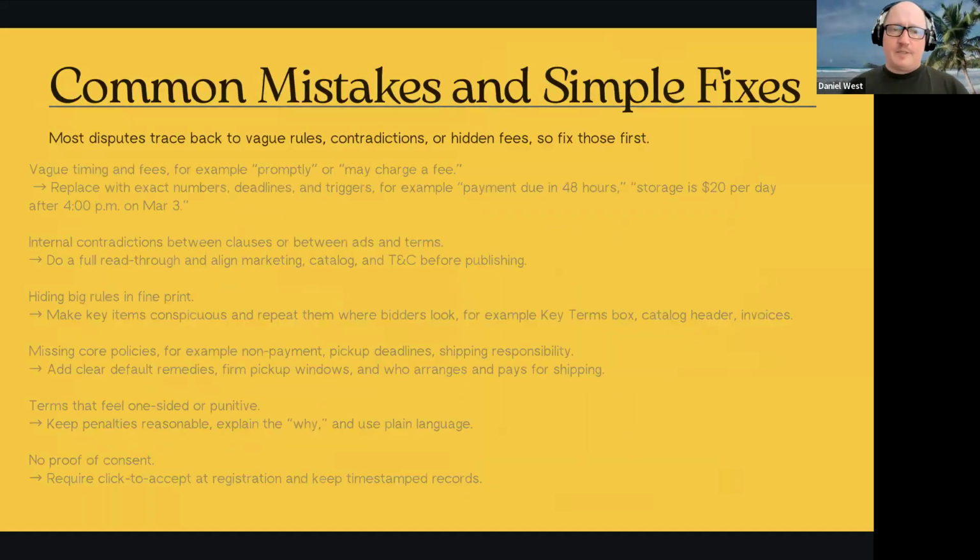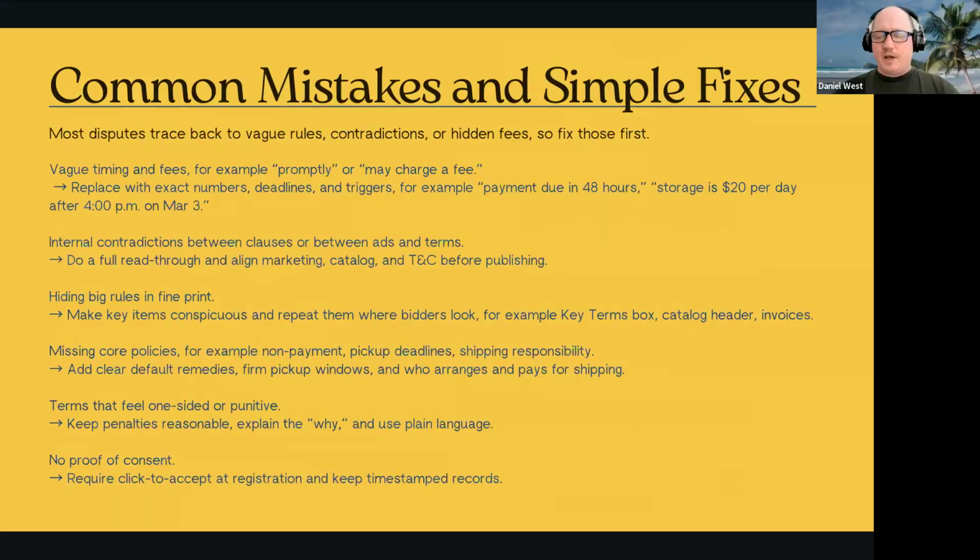So yeah, common mistakes. And it says right up at the top here, being vague or contradictory is not helpful. A lot of auctioneers actually seem to enjoy having some vagueness in their terms and conditions because they believe that it offers them greater flexibility. If you're a bully, you might be able to sort of enforce your way, but that's a lot like Calvin Ball. You guys know the cartoon Calvin and Hobbes, right? Where it's this little kid and his little stuffed tiger.